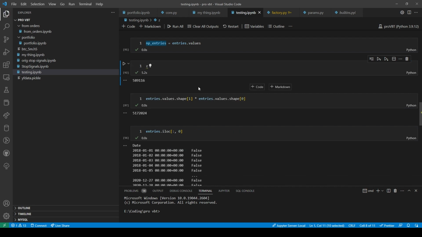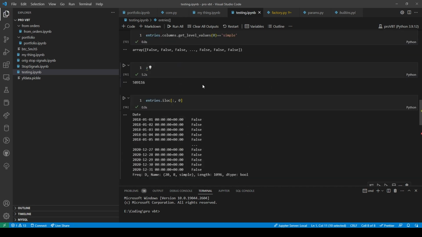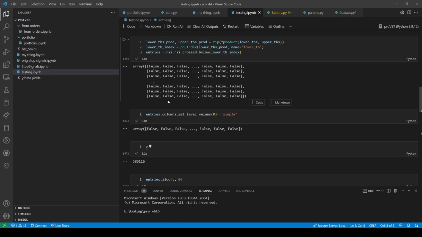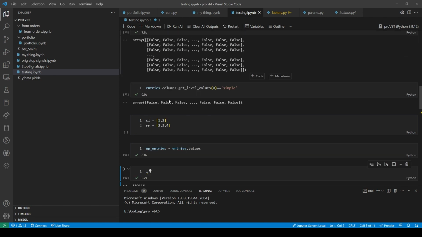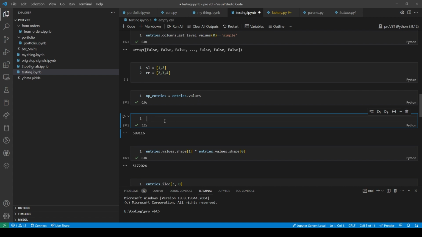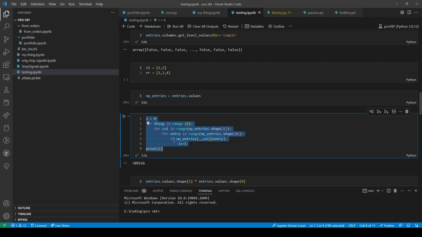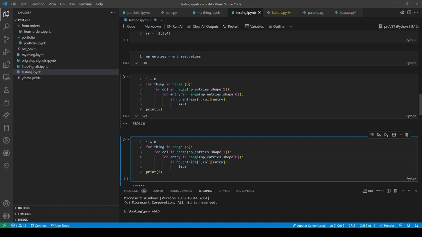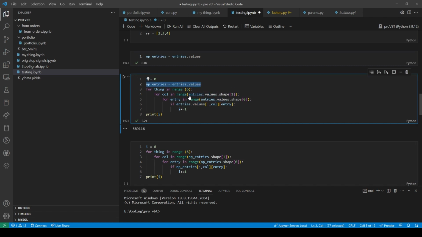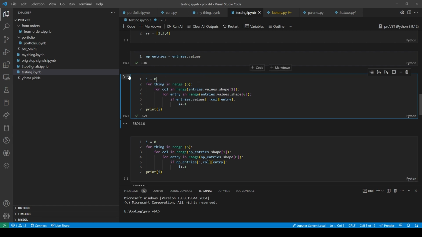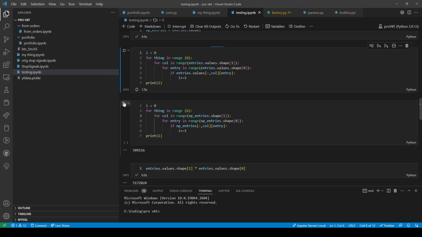Let's copy this. So let's do this. So we're going to test the speed of pandas, and then we'll test the speed of NumPy.